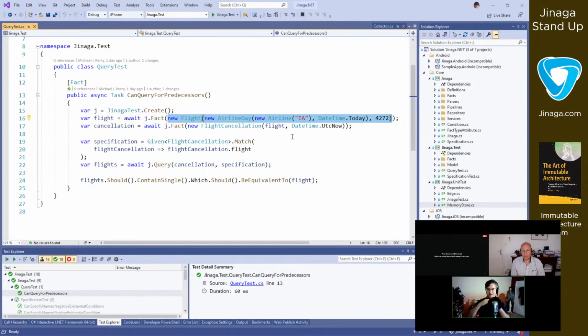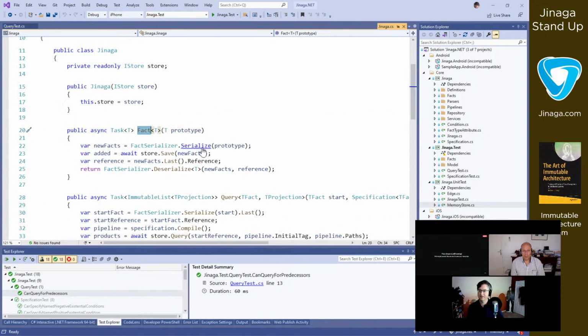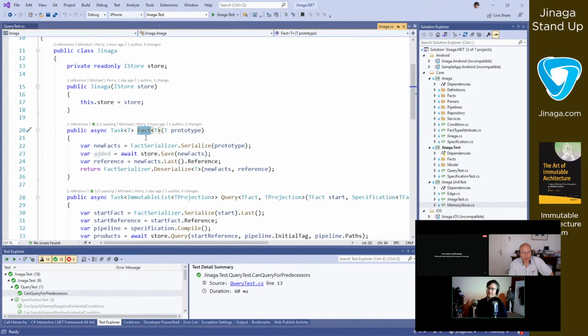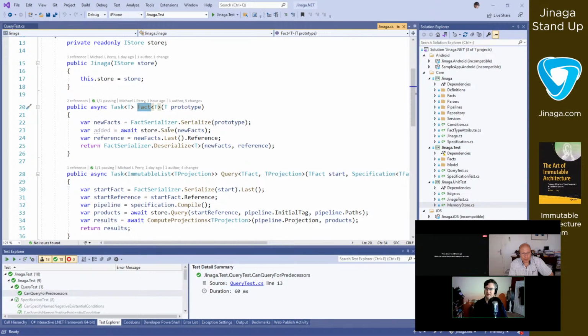Well, in order to do that, I get the flight fact, but then I also get the airline day, and I also get the airline, and I've got all the predecessor relationships that link those together. So that serializes that into this immutable list of facts,